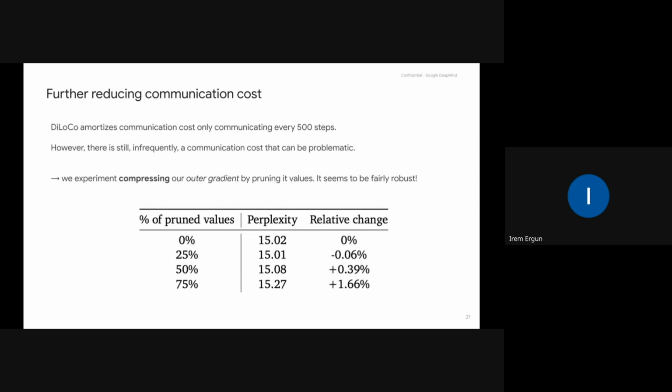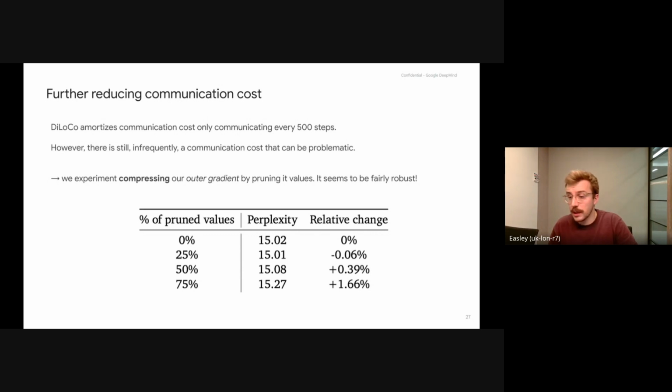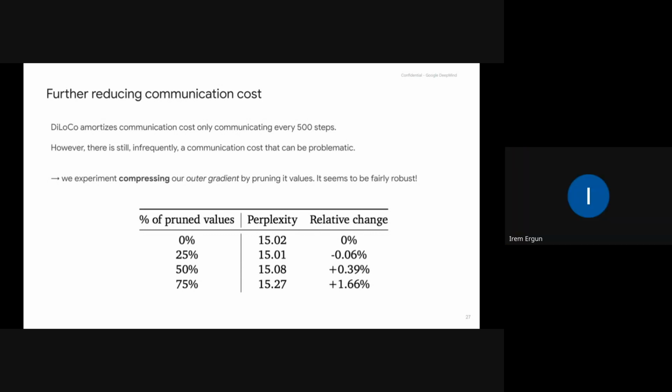Yeah, that makes sense. So did you do the gradient selection randomly, or did you select the top gradients? The top values. And that's a very basic thing. We can do better. Mm-hmm. Okay, yeah, thanks.